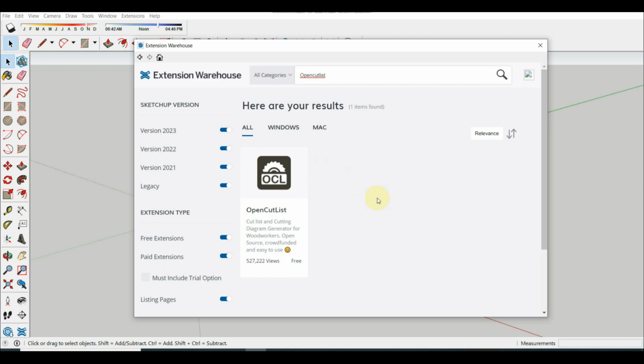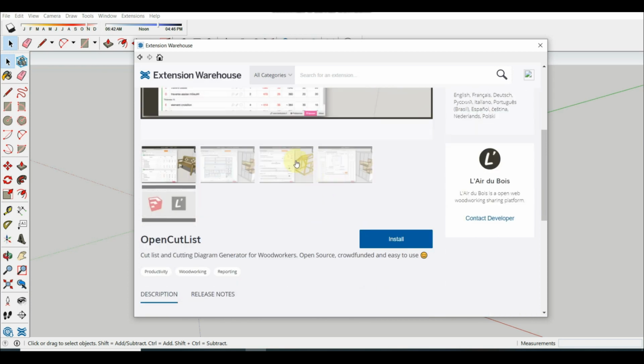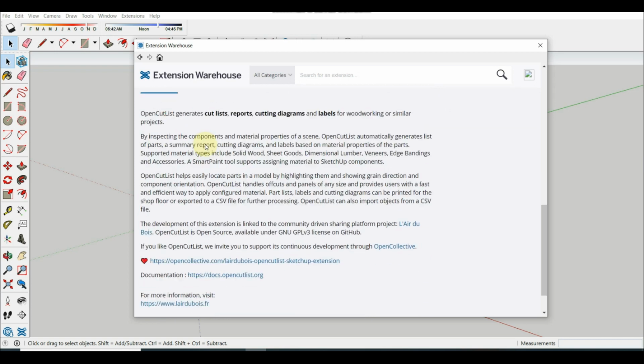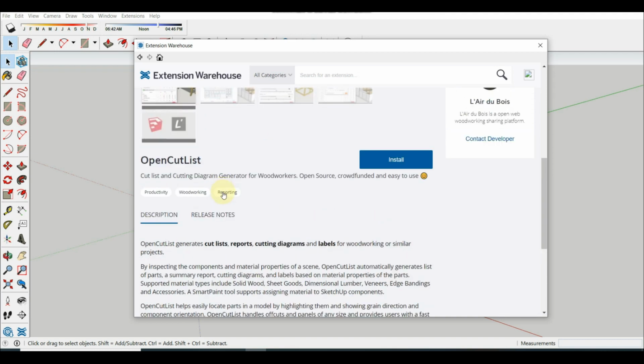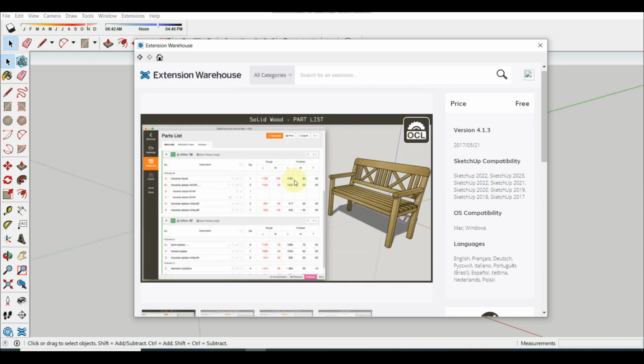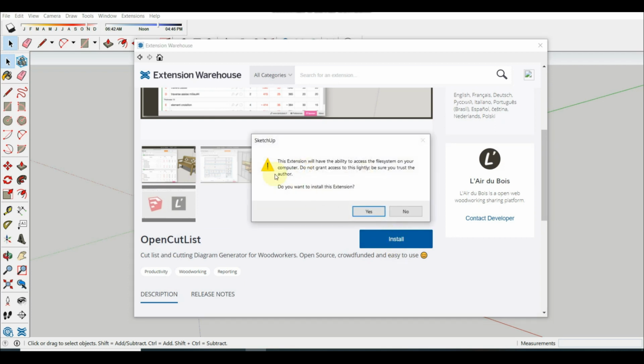Under each extension, you will find a brief description of it, and if it is not free, instead of free, you will find the purchase form. We click on it and now we will find many more details about it and some images with its interface. Now we select Install, and we are warned that this extension will have access to our system data. Since it is an extension with a trusted source, we will select Yes,